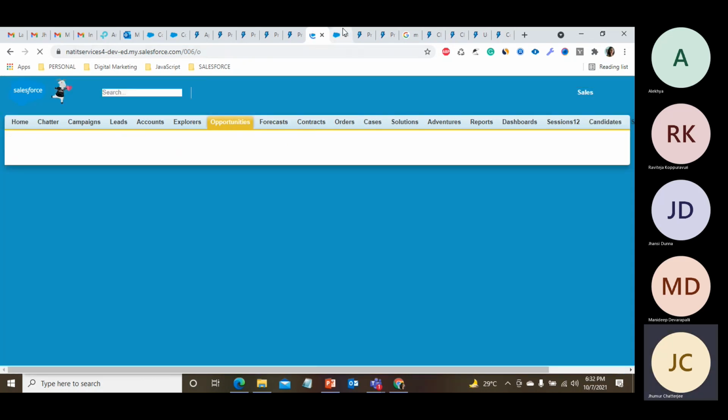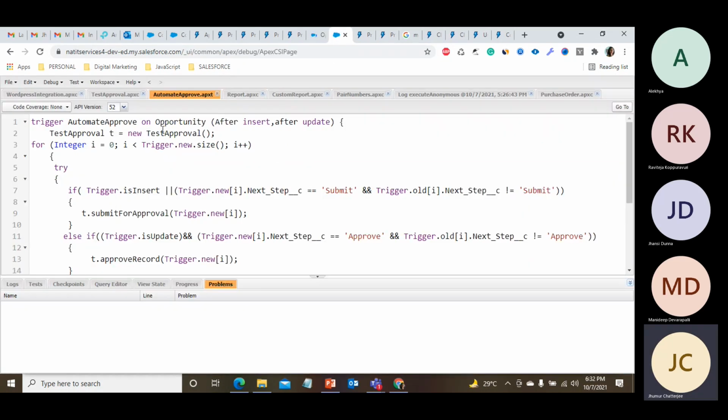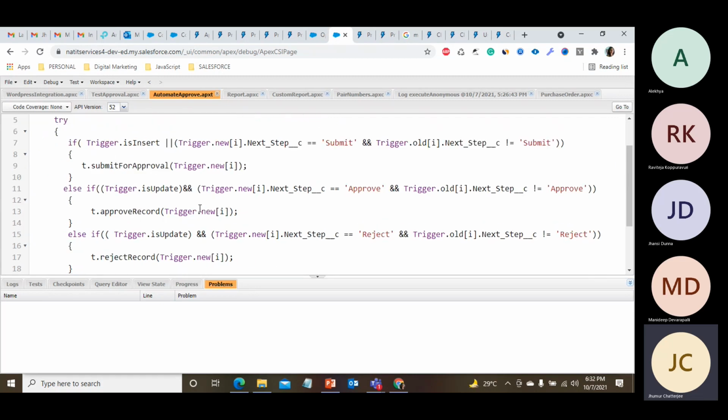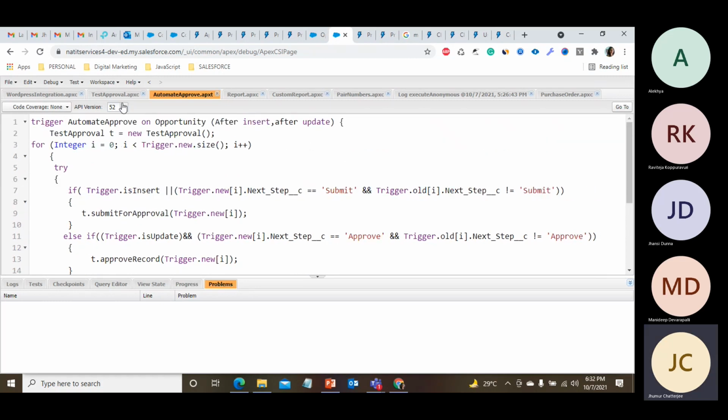Now I am discussing the code. For the Opportunity, we have a trigger on after insert and after update. For the trigger, we are considering three stages: submit, approve, and reject.